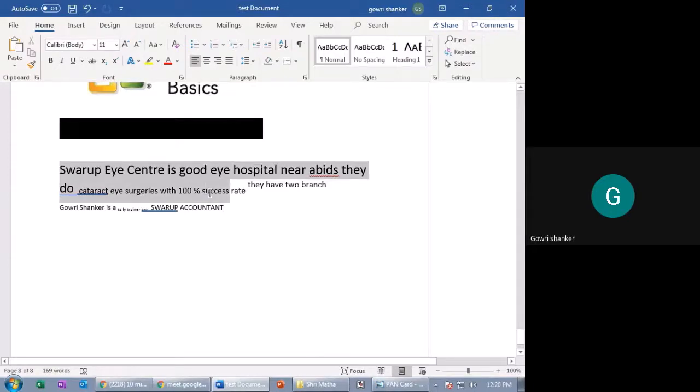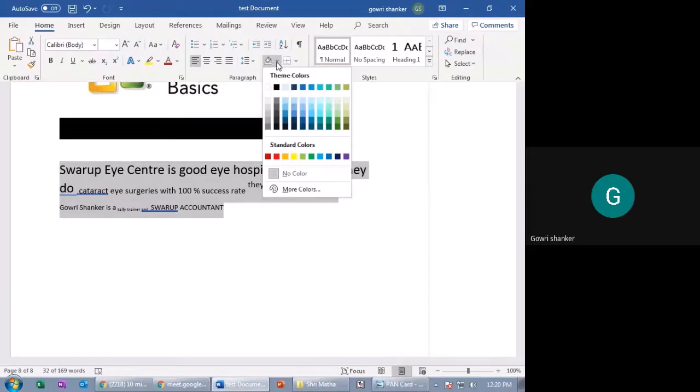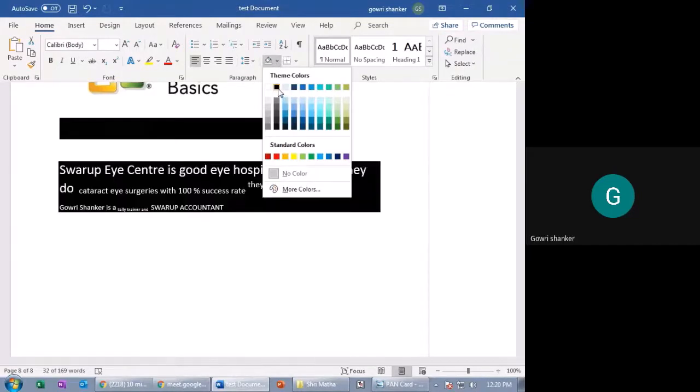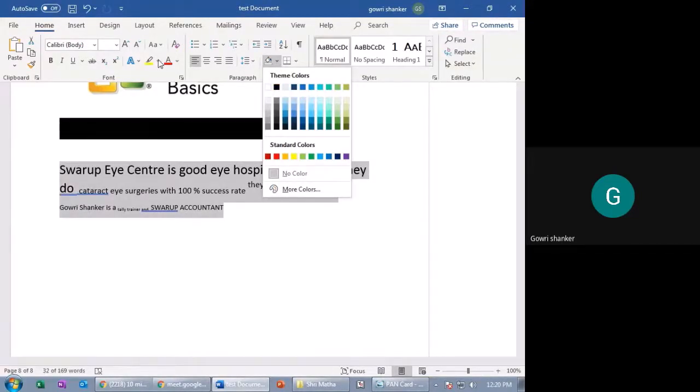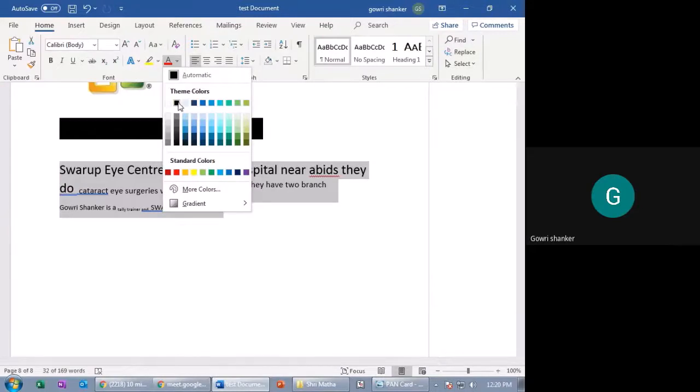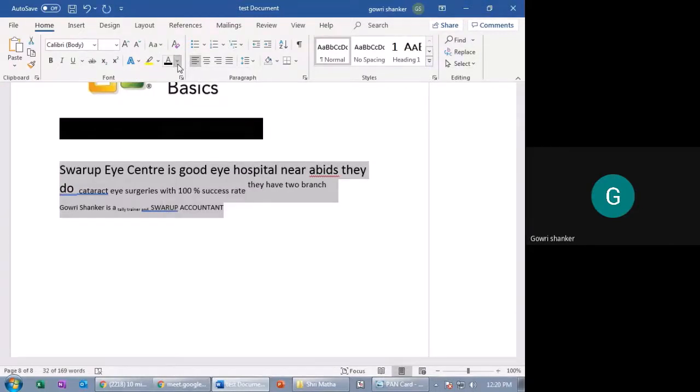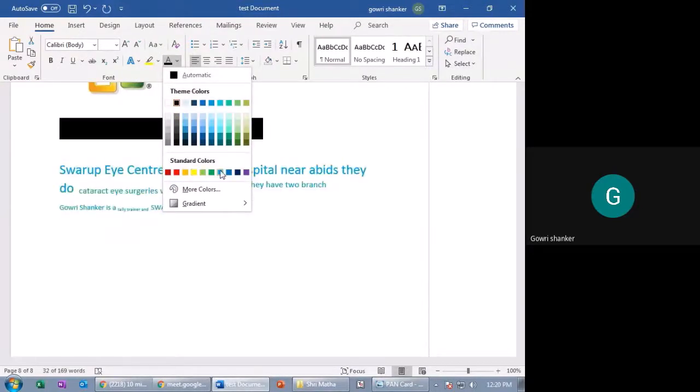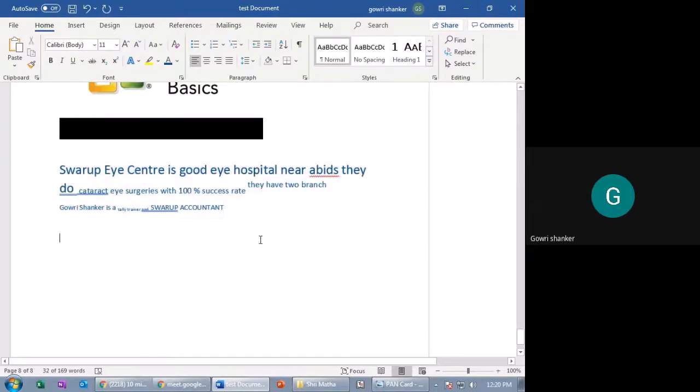Here it is black, no? I have taken this blue.